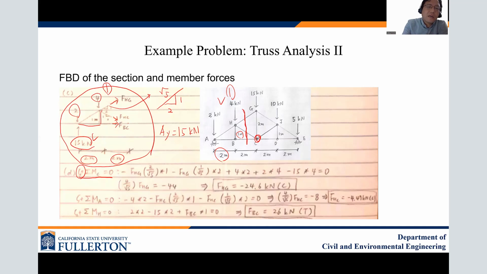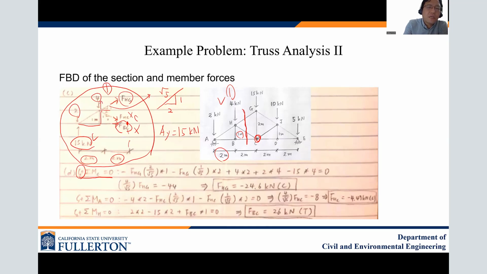So in this diagram, you have this one, okay? That one is C, and there's 2 meters, right? So there's 2 meters here. So you can see that FBC cannot create a moment because it passes through point C, and FHC cannot create a moment either, because it also passes through point C, but FHG, that one we actually decompose